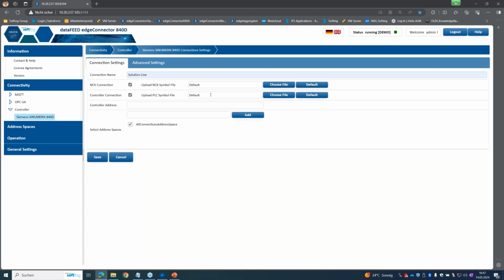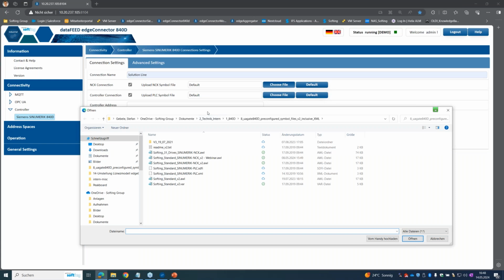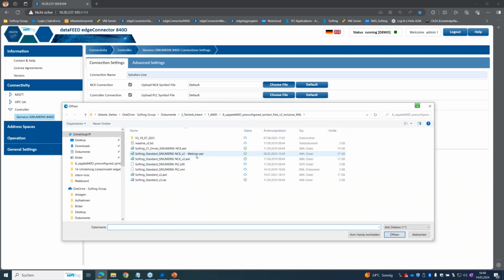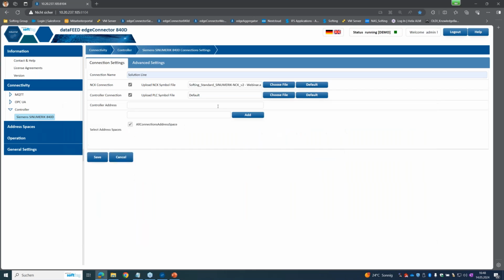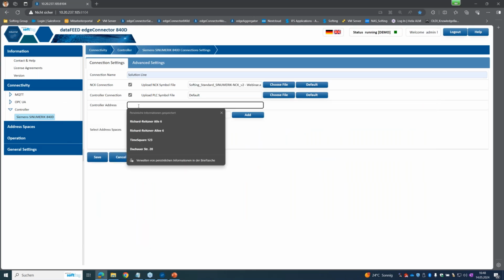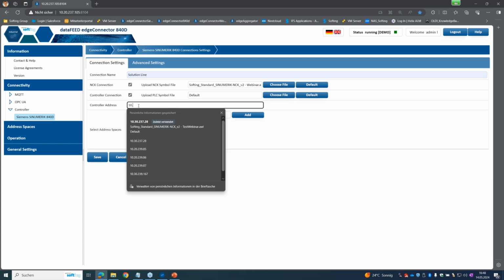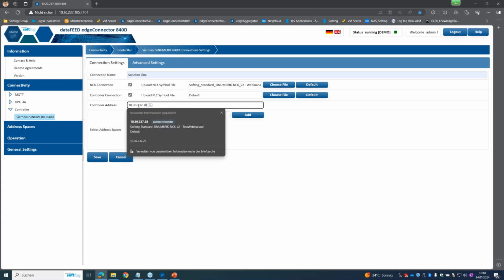And I use the default one for the controller connection, the default SDFI file. But I have changed a little bit with regards to the AWF file, so I will use that one. What I did is I just have added one more item to this list. So I'm using that one, and the last thing I have to do is enter the IP address of your